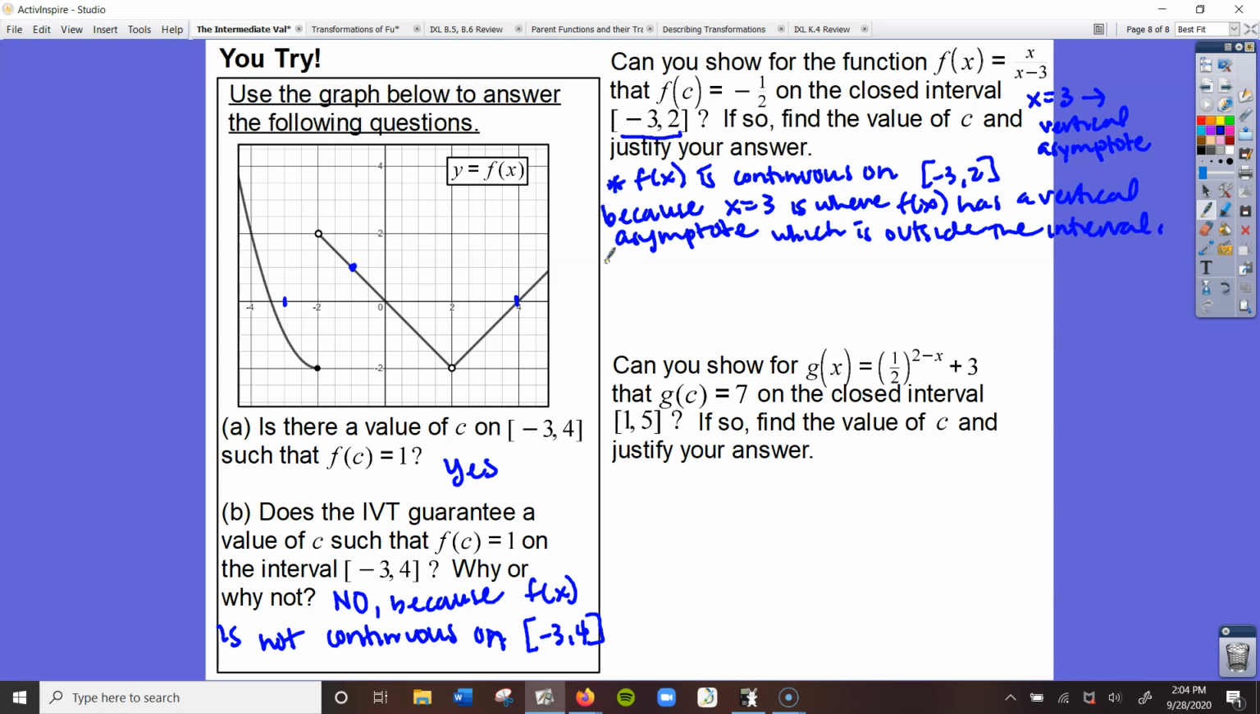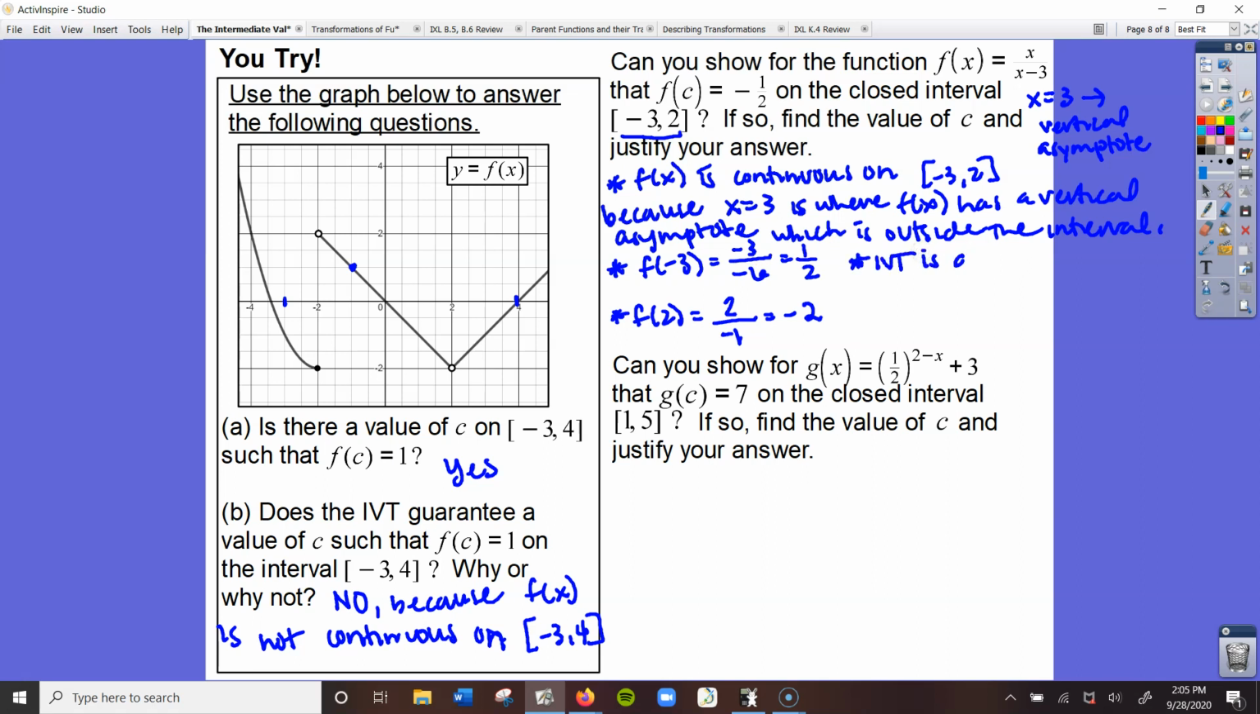Now we need to find our function values. So we're going to find f of -3 and f of 2. When I plug in -3, I get -3 over -3 minus 3, which is -6, and that gives me a positive 1/2. For f of 2, I get 2 over -1, which is equal to -2. At this point, I can see that f of c, which is equal to -1/2, is on that interval. So I can already go ahead and state